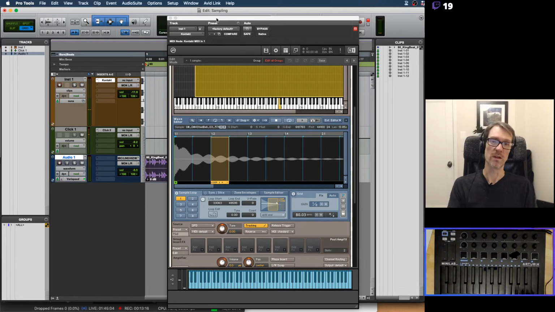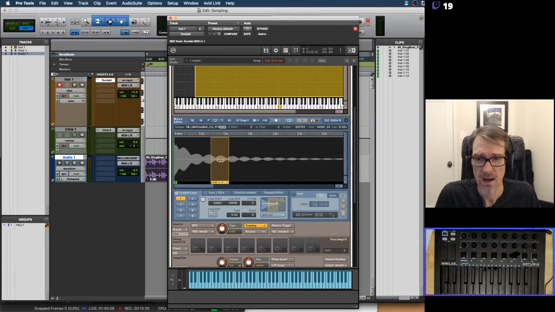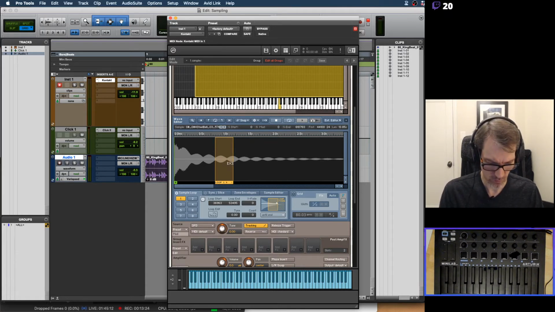And you can hear how it's looping rhythmically there. If I don't want it to loop rhythmically, I can just turn the grid off, and I can set it to however I want. Now, usually when you're dealing with samples, you see how it's got this crossover point here. If I zoom in,